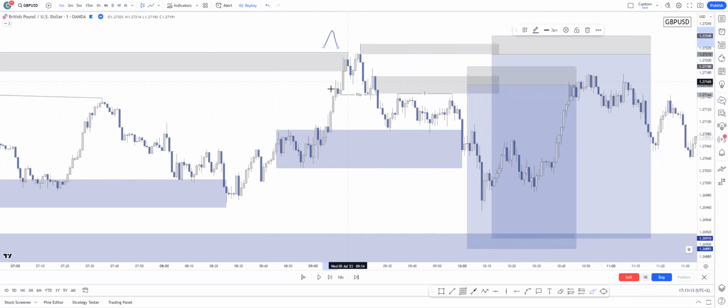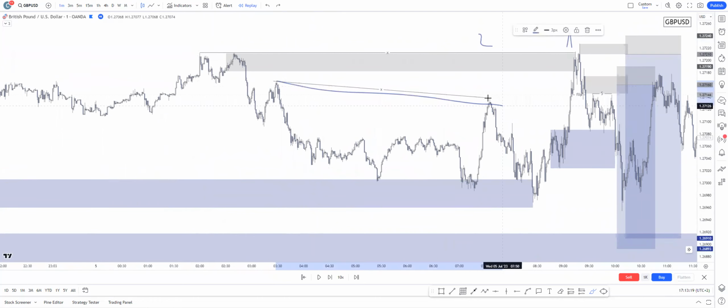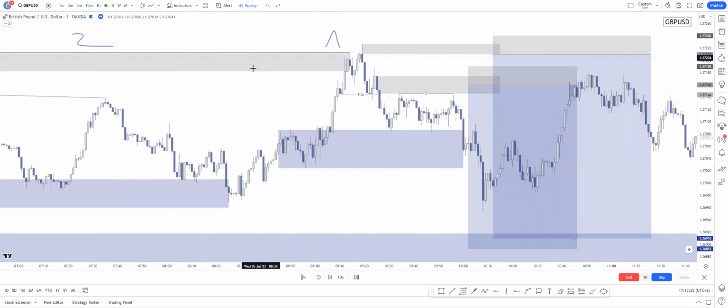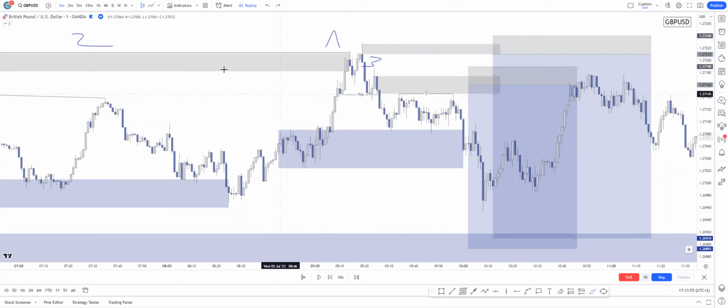Let's count the criteria for both entry POIs. The first one was the higher time frame zone mitigation. Perfect. Second one, liquidity take for the higher time frame zone. Liquidity was there. Everything was liquidity at this point, so there was an insane amount of liquidity take for the higher time frame zones. There was inefficiency for the extreme zone, and there was inefficiency for the decisional zone. As you can see, I consider this one as the decisional zone, which has technically caused the break of this 1-minute demand area. However, change of character has happened from this 1-minute entry POI on the extreme. So yeah, there was a possible risk split entry that I used in this case. Perfect.